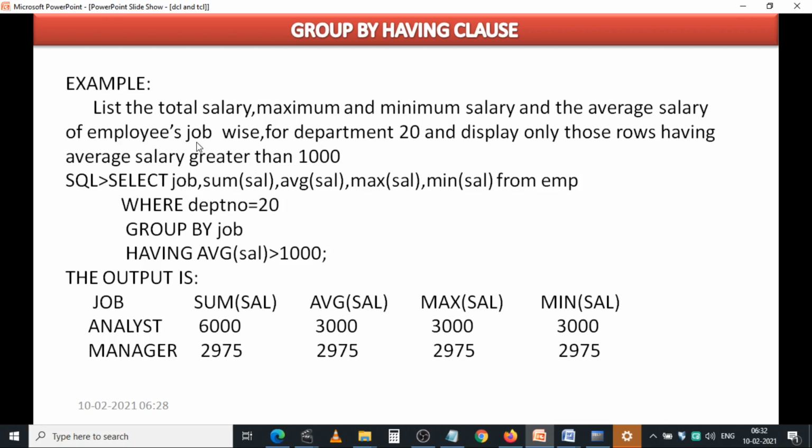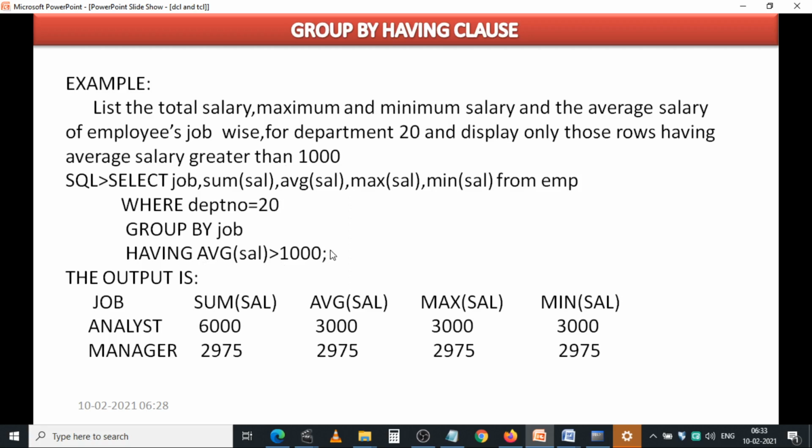I want to group those records job wise, that's why I write the job column: job, sum of sal, average of sal, maximum of sal, minimum of sal from EMP where department number equal to 30, group by job having the average salary greater than 1,000.